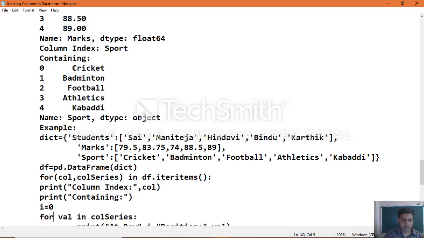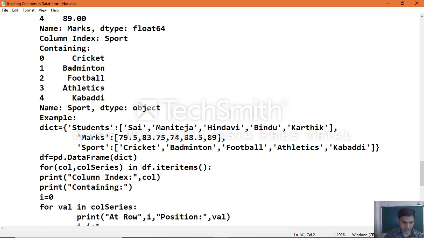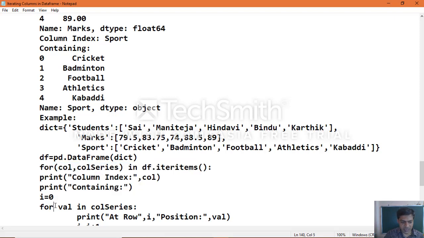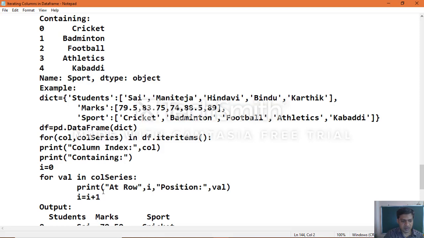Same example, position wise, the way you can access. Position wise: import the module, create the dictionary, create the data frame object, then use the loop, and i equal to 0 is the position which you want to extract, for val in column series. Okay, i is the increment variable, so at row position value, and increment that i value, the next iteration goes the same way, and continues until it completes all the rows of that particular column.